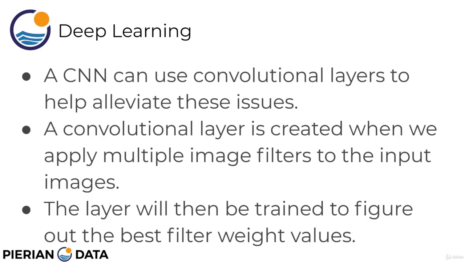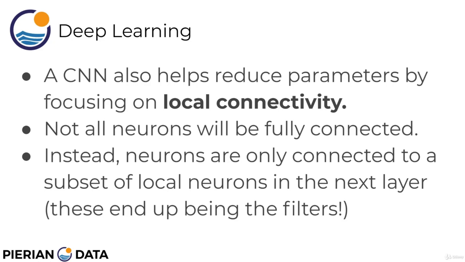Now a CNN, or convolutional neural network, can use what's known as a convolutional layer to help alleviate a lot of these issues. A convolutional layer is created when we apply multiple image filters to the input images. The layer will then be trained to figure out the best filter weight values. A CNN also helps reduce parameters by focusing on local connectivity, and we'll see an example of these localized connections. In a convolutional layer, not all neurons will be fully connected. Instead, neurons are only connected to a subset of local neurons in the next layer,